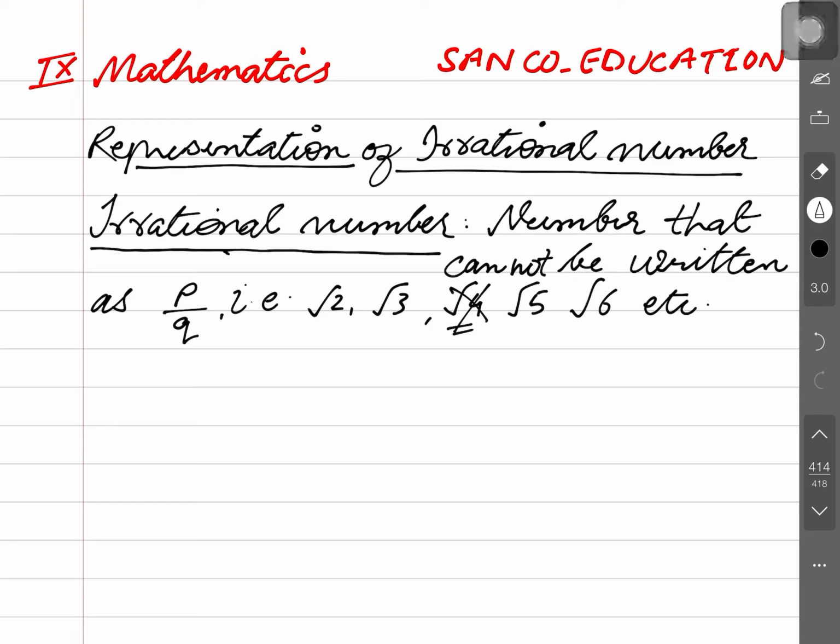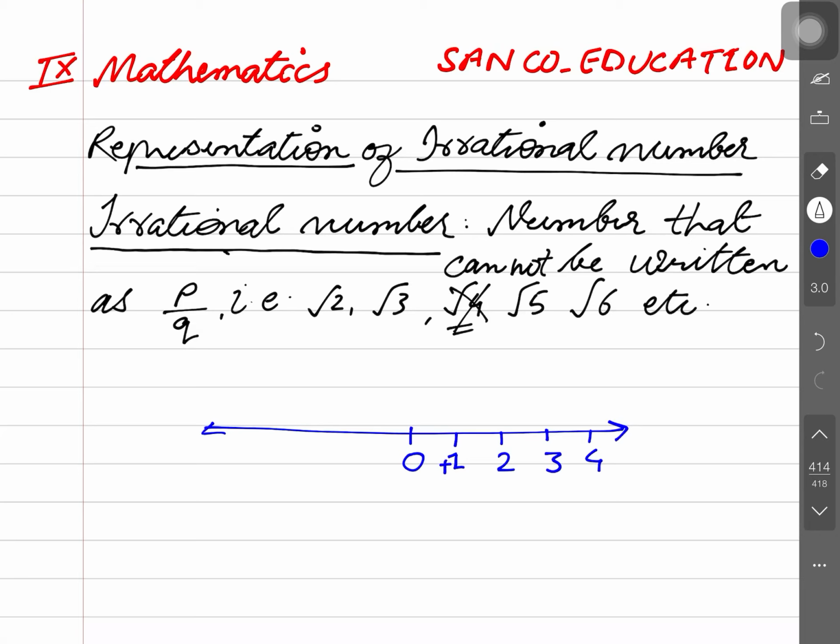Before representation, I just want to ask the definition of a number line. Can you tell me what a number line is? Of course, I am drawing a line before you. This is the line I have drawn. Take 0 at the center of the line and go on proceeding to the right and left, writing the figures at equal spacing: 1, 2, 3, 4.